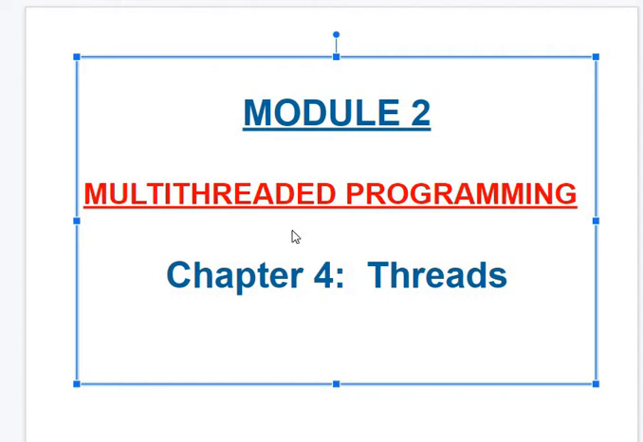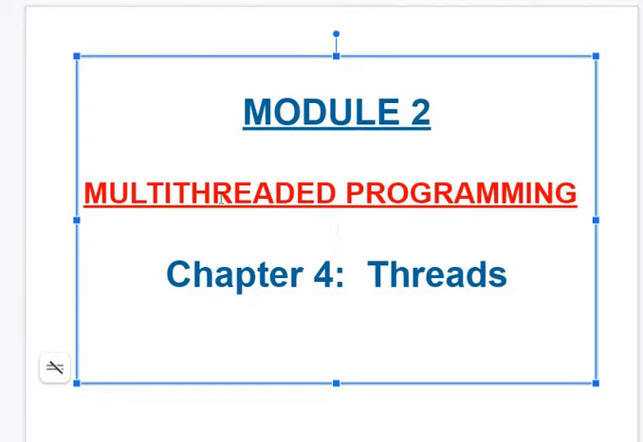So good morning. Let's start module 2, multi-threaded programming. There are 3 chapters in this module: chapters 4, 5 and 6. Chapter 4 will discuss threads, in the multi-programming concepts. Chapter 5 will give the knowledge about process scheduling, whereas chapter 6 will be synchronization. So now let's start chapter 4, that's threads, in the module called multi-threaded programming